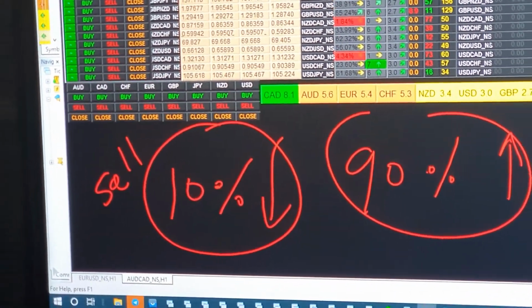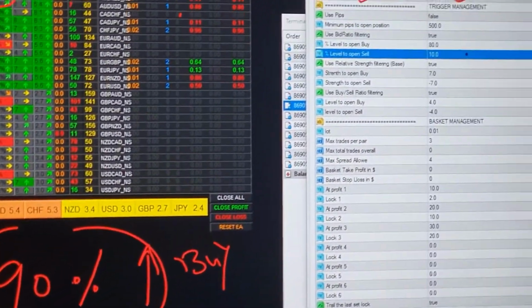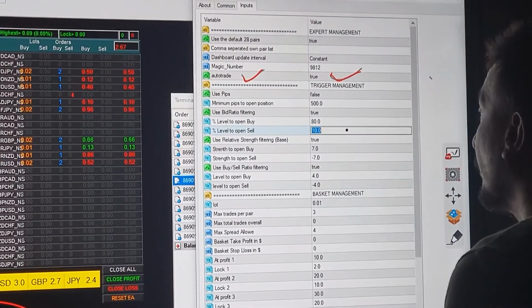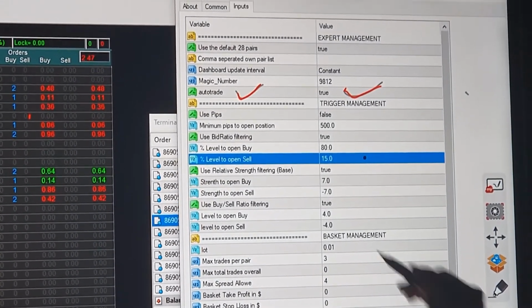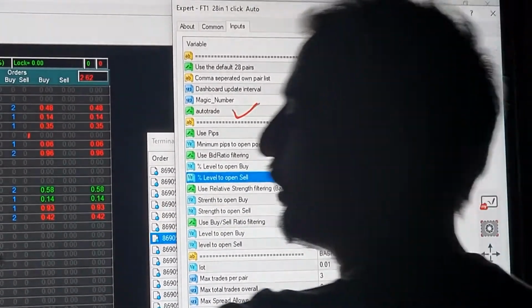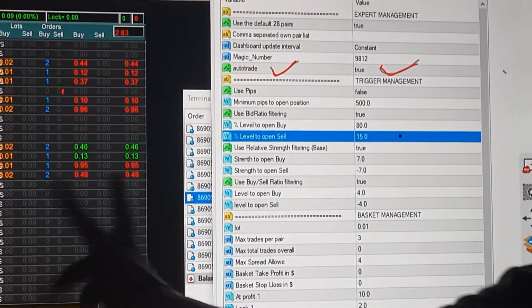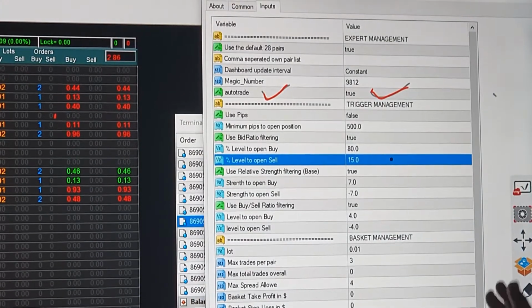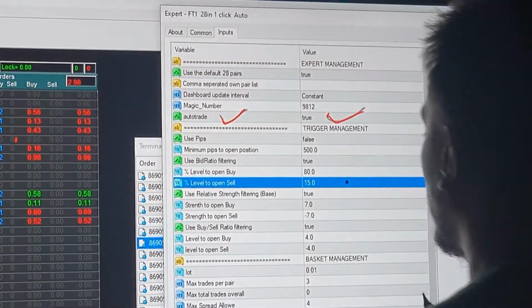So here we will put 15 for the explanation. Our executive will guide you on what is the best percentage to buy, what is the best percentage to sell, and how to select the currency, though it will select automatically, but just for the understanding purpose.